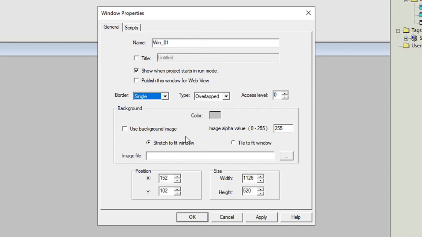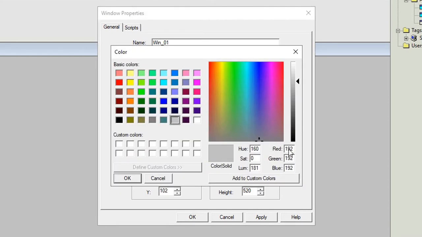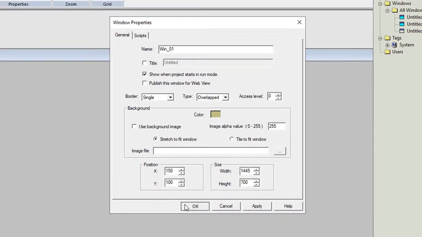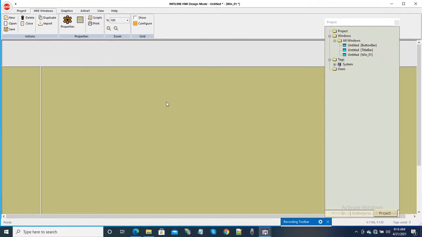The color is 192, 192, 129. So I am entering the same color 192, 192, 129. And the size I want is 150, 100, 1445 and 700. So hit OK and my window 1 is now arranged. I can scroll the view and go to the bottom of the window or to the right